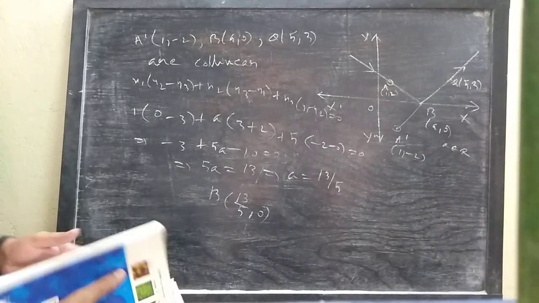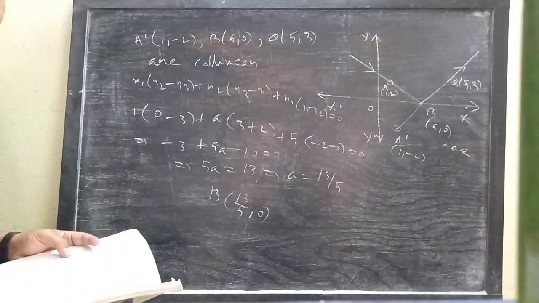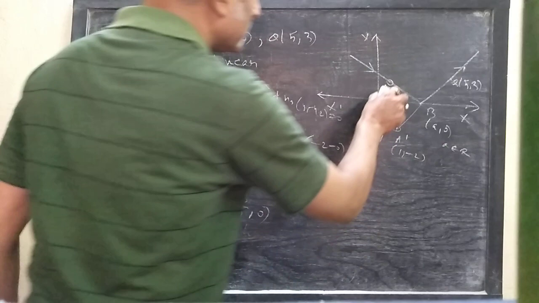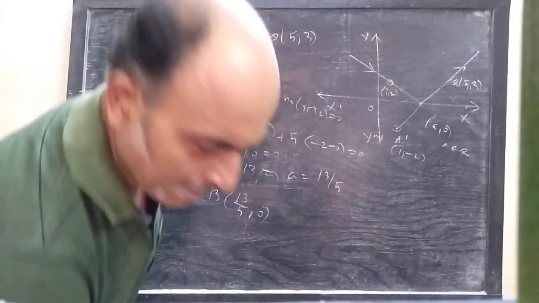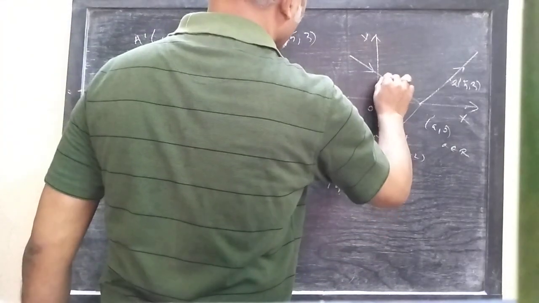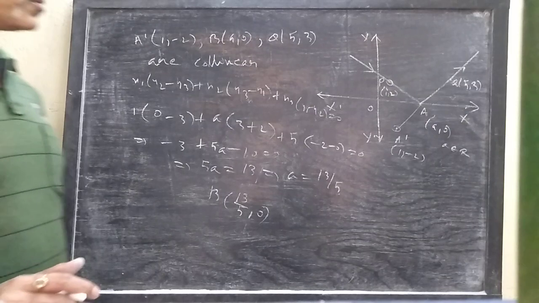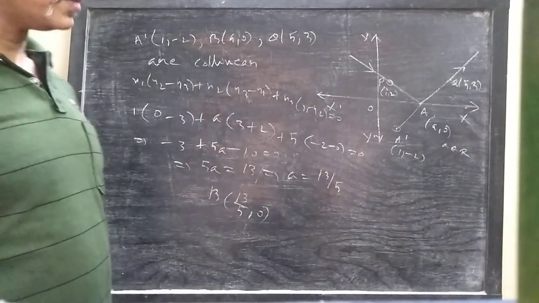Find the coordinate of A, that is the point of incidence. Okay. Oh, we have named wrongly. This point was P. This point was A. You have to check what name is given in the question. If it is given, then you have to maintain the names.